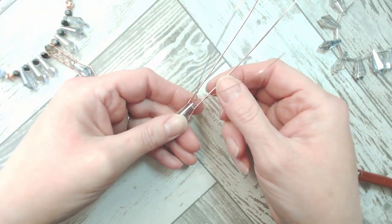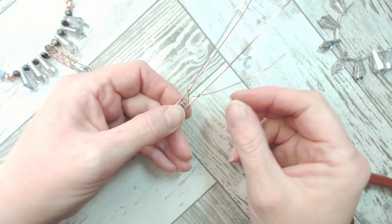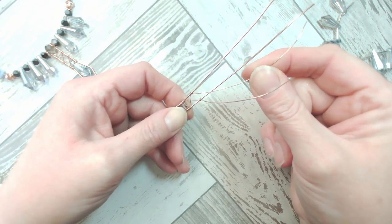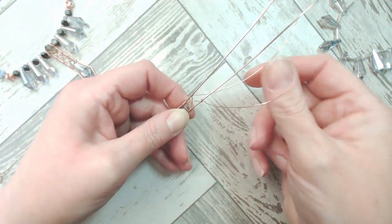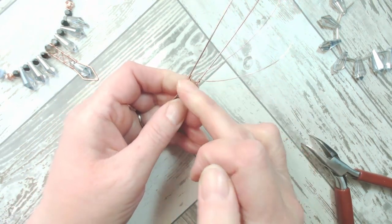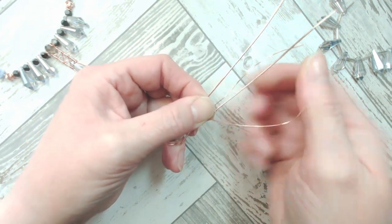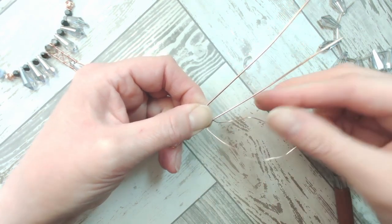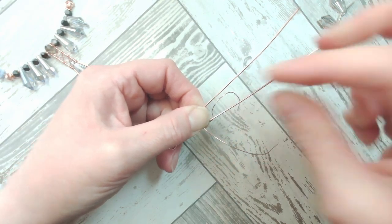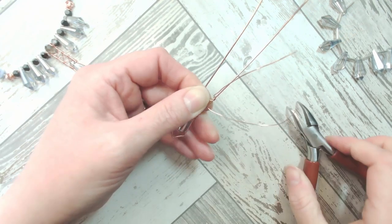So if you want this to look exactly the same, what you will need to do is think about where the wires are crossing. So in order to replicate the design, I'm going to take the left hand wire, what is sitting on from the left hand side to the right hand side. I'm going to make sure that these 2 sit equal and opposite. I'm going to take that to 45 degrees, pinch the design and wrap 3 times around that right hand upright, leaving the wire in the upright position in the centre and making sure that those coils are neat and tidy